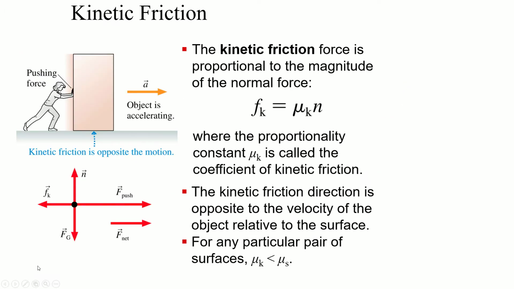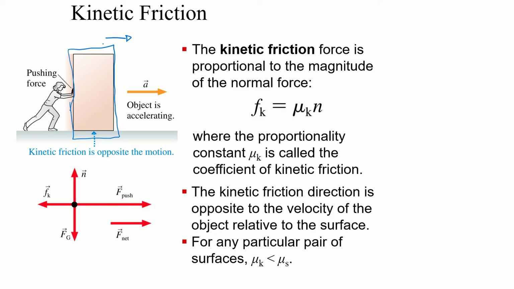So that was static friction. What about kinetic friction? Well, kinetic friction is when the object's already started to slide. Let's look at the same situation where we have the woman pushing the block, but rather than the block staying stationary, which would be static friction, it's actually sliding. And we're looking at the situation of kinetic friction. Turns out kinetic friction is much simpler in a sense to analyze. If this object is moving this direction relative to the ground, so it's sliding that way,